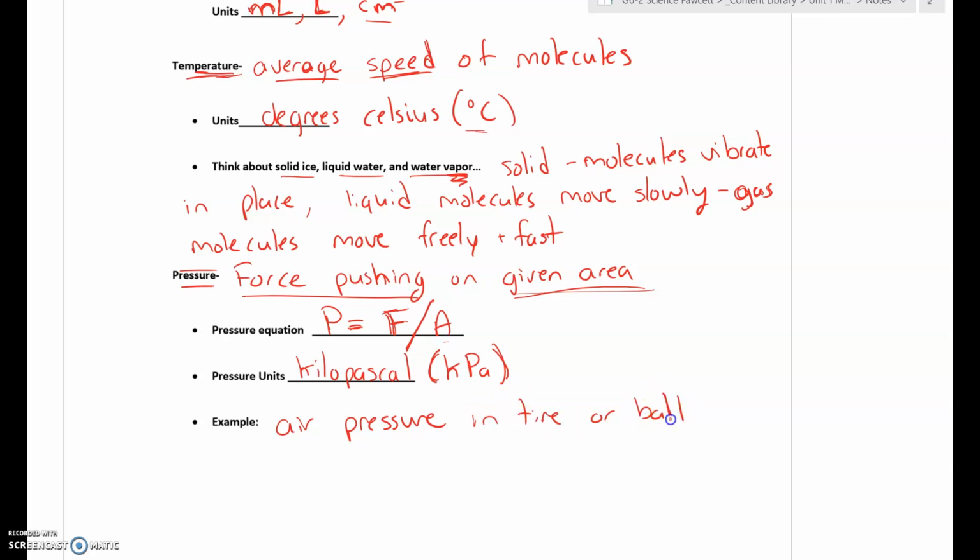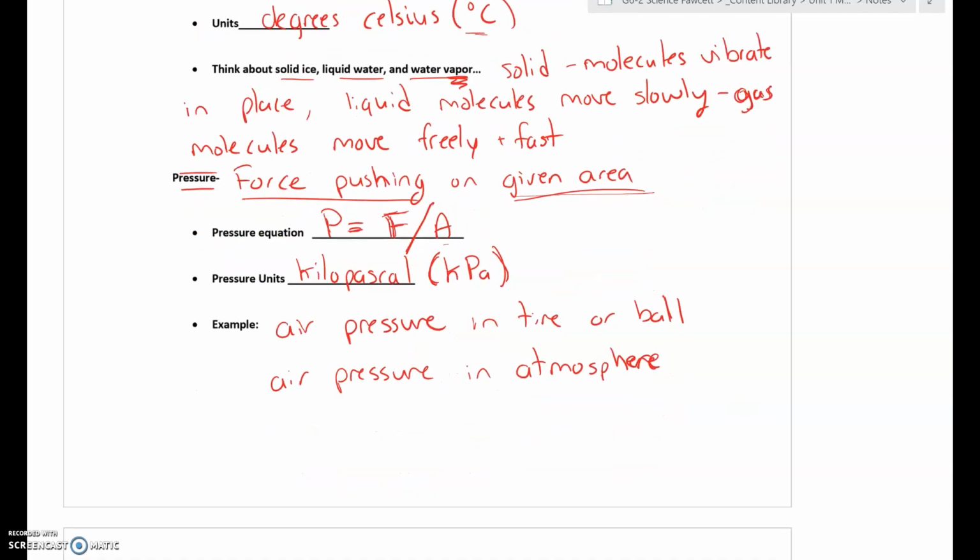And there's actually pressure pushing on you at all times. When we get to our atmosphere unit in the spring, we'll learn more about air pressure. But there's air pressure in the atmosphere caused by gravity pulling down on the air, and that can change with different weather patterns. When we talk about weather, we'll talk about pressure and a barometer measuring pressure, and how as that drops or rises, that can tell us something about the weather. So the amount of air just pushing on you on a day-to-day basis, there's always some of it, and that can vary slightly depending on the weather.